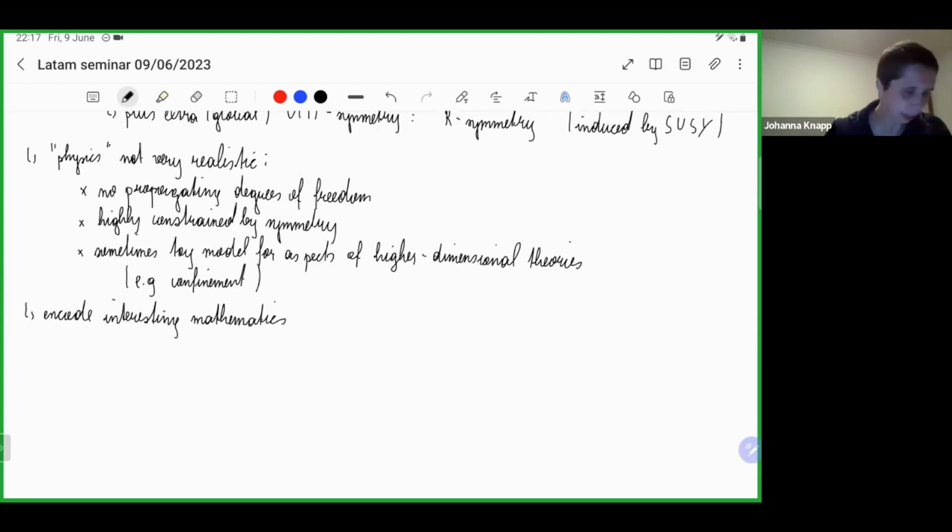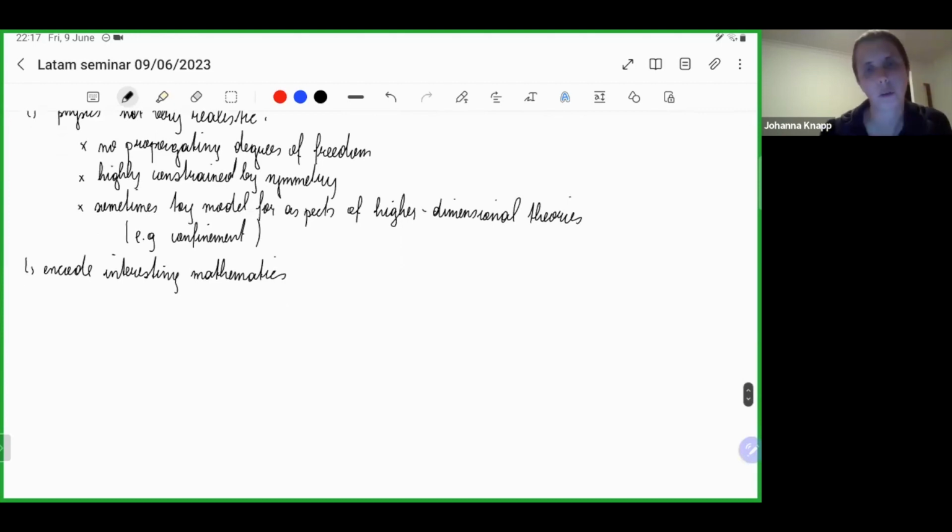So how do they do that? Here I just want to list a few features of how to extract mathematics using this supersymmetric quantum field theoretic setting. I think the main point, which is not only true for the gauged linear sigma model, but also for many other outcomes of string theory that have connections to pure mathematics, is that if you look at these supersymmetric theories with all their many fields